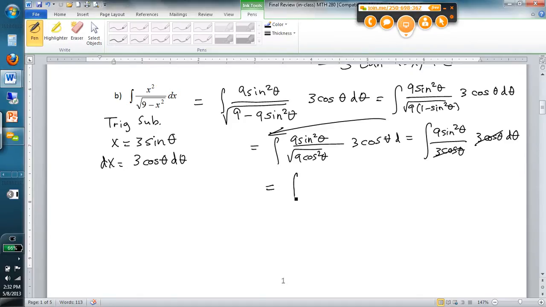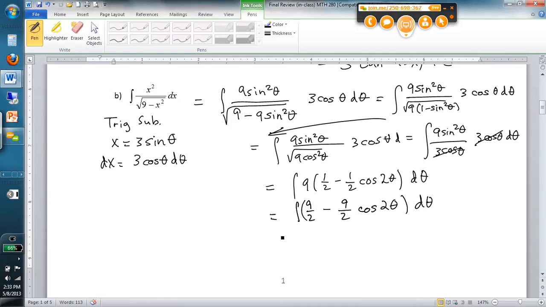what is the double angle for sine squared? It's on the sheet here. 1/2 minus 1/2 cosine 2 theta. So it's going to be 9 times 1/2 minus 1/2 cosine 2 theta, or 9/2 minus 9/2 cosine 2 theta. All right, so that's not too bad of an antiderivative. I guess we could just leave that 9 factored out there. But anyway,